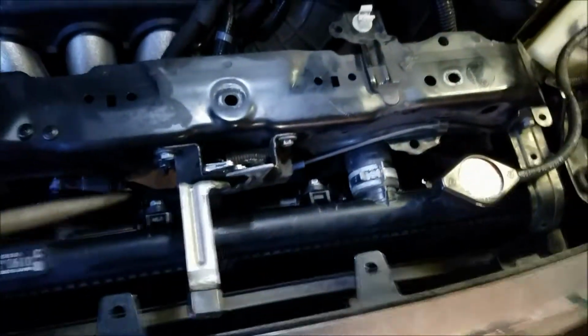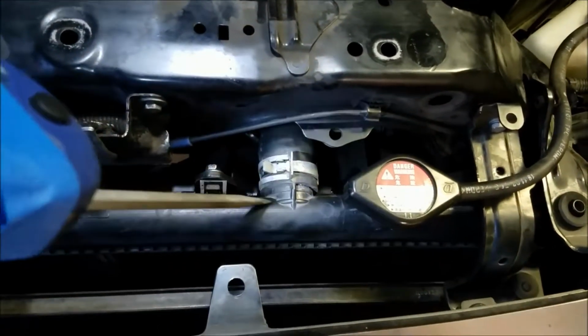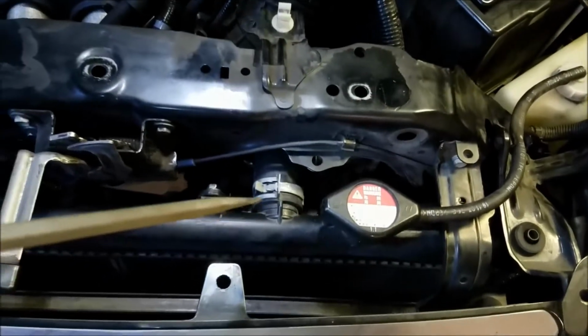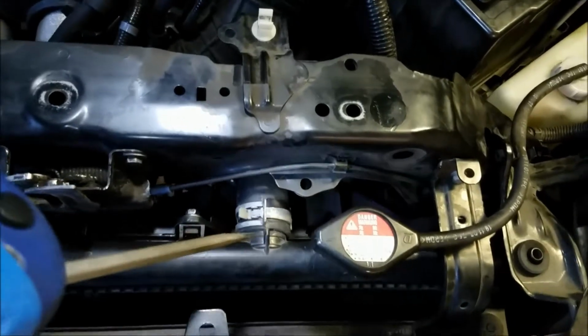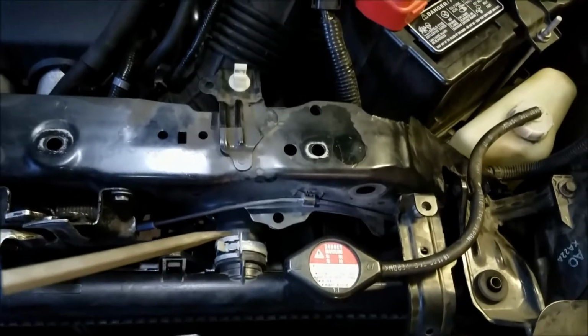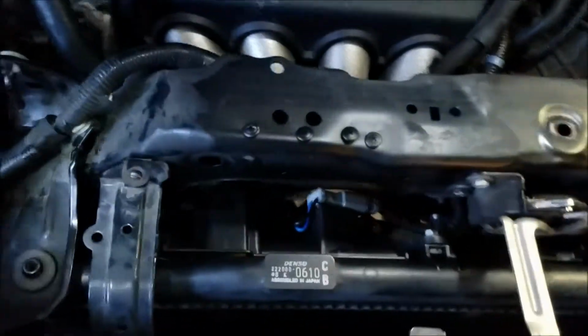Now, I was replacing the coolant anyway, so I went ahead and drained it and disconnected the radiator hose to make it easier to move. If you're not doing any of that, you can probably do this just as easily with it connected, but it might be a little bit of a pain. So anyway, once you get those brackets out on both sides, you have